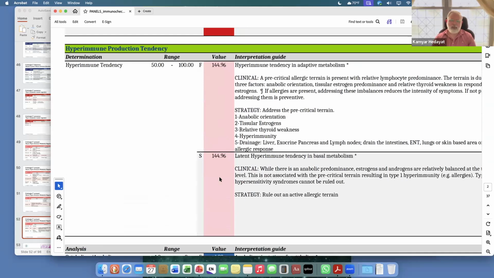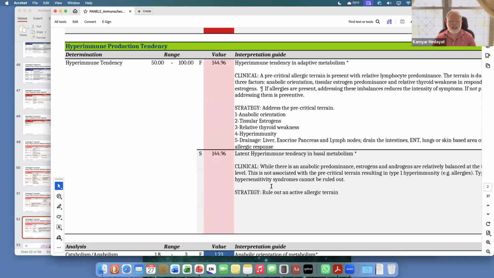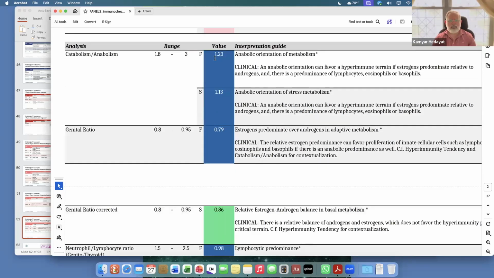The value of the index is always the same in structure and function, even though they have different formulas. That's just the outcome of mathematically how I created them. But the interpretations are different because they're based specifically on these results. So catabolism, anabolism, and function and genital ratio are going to determine